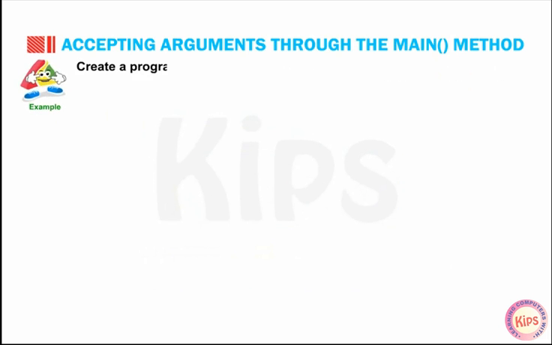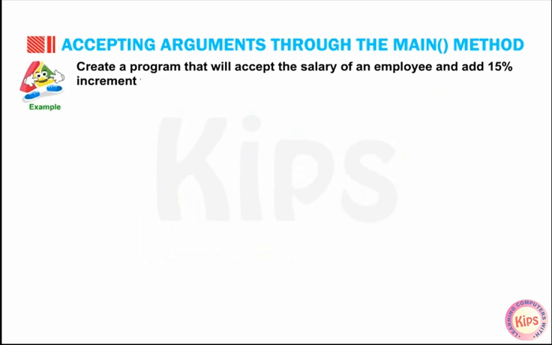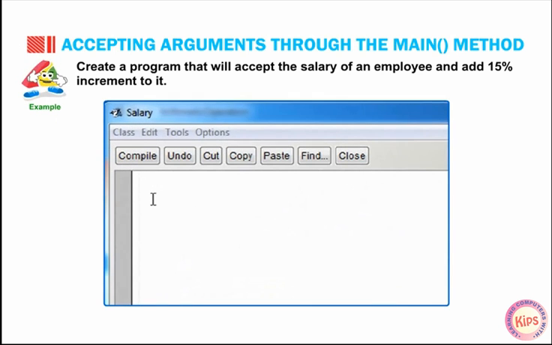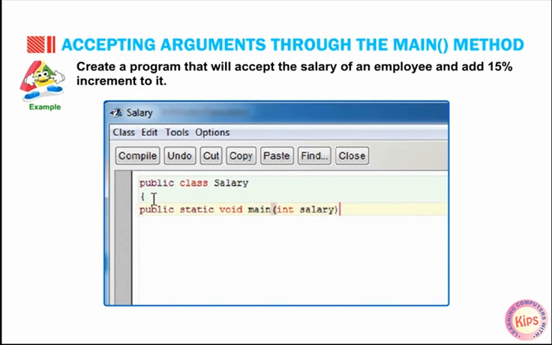Example: create a program that will accept the salary of an employee and add 15% increment to it. public class salary { public static void main(int salary) { int new_salary; new_salary = salary + (salary * 15 / 100);